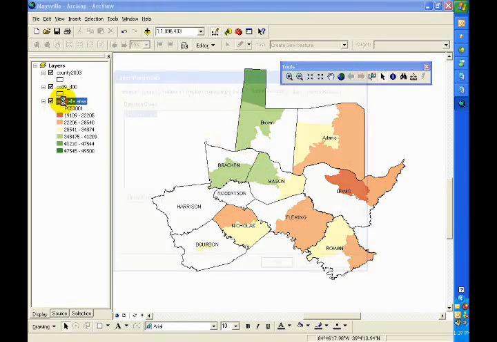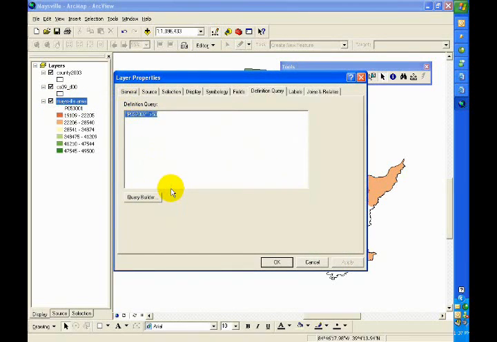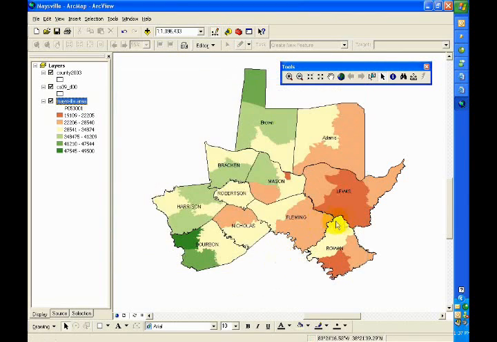We can double click again here. We can clear that query just to go back and look at it and say OK, and we can see, well, there was some real poor areas here that didn't show up, some over here that didn't show up. So is there a correlation or not? That's difficult to say,